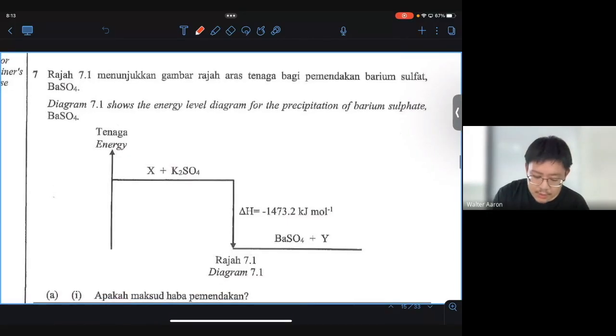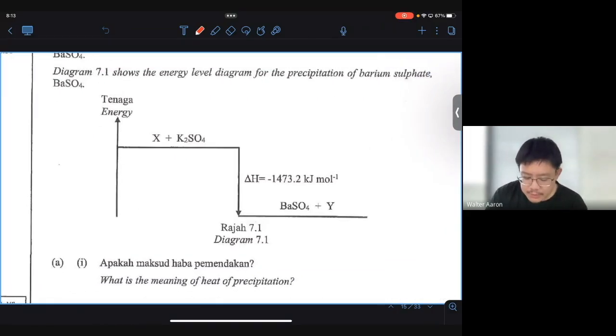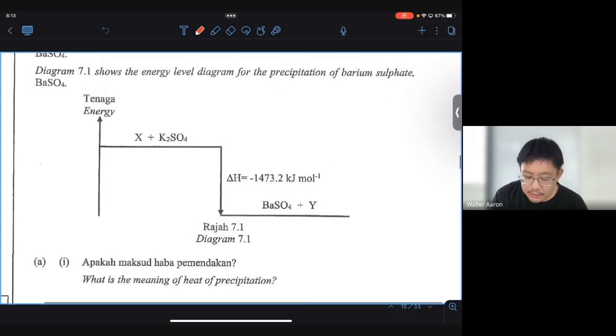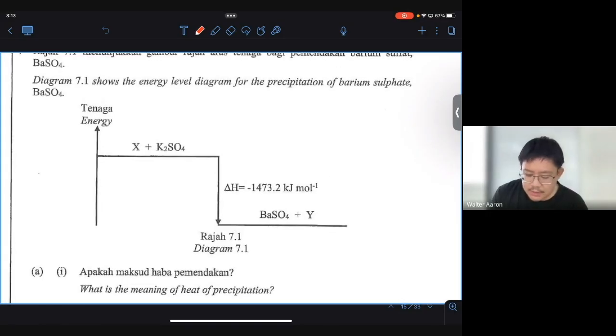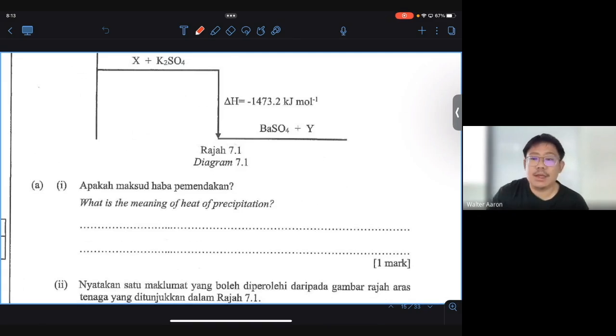Okay, so we have the diagram from example 1 that shows the energy level diagram of the precipitation of barium sulfate, BaSO4. We have X plus K2SO4, you get BaSO4 plus Y. And the delta H value is negative 1,473.2 kilojoules per mole. And then they ask you the first question, A1 over here. What's the meaning of the heat of precipitation? So heat of precipitation is the heat change when 1 mole of precipitate is formed from their ions in aqueous